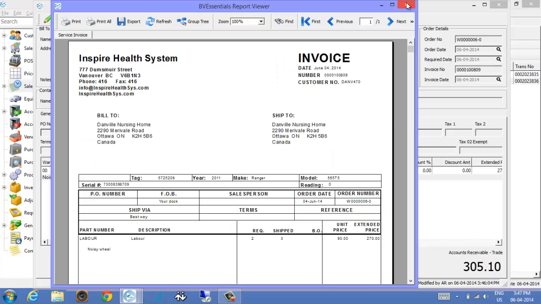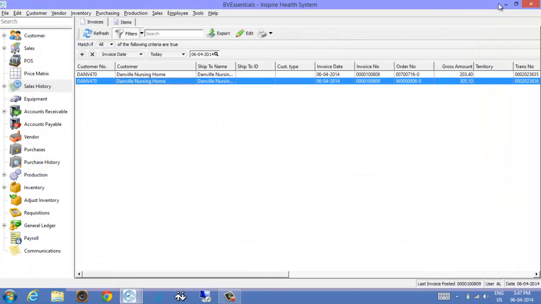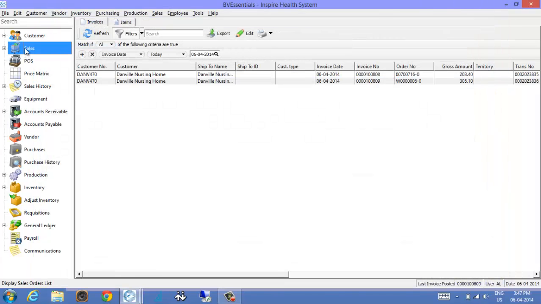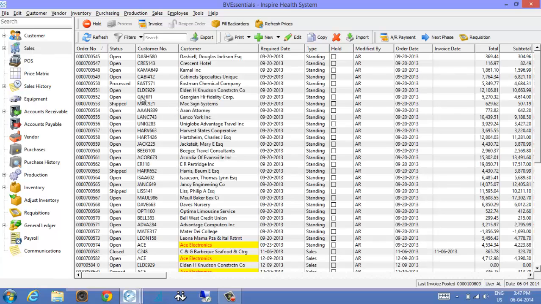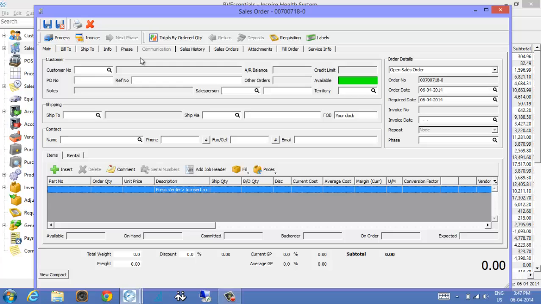So now that we've done that, it's become part of our history. So if we go back to the work order and do another work order down the road, that new historical invoice will be in there. So the last thing I want to show you is a way to add new pieces of equipment on the fly. So if I pick Danville again,